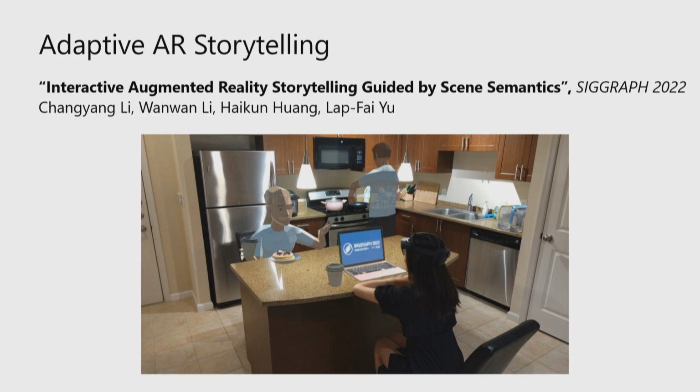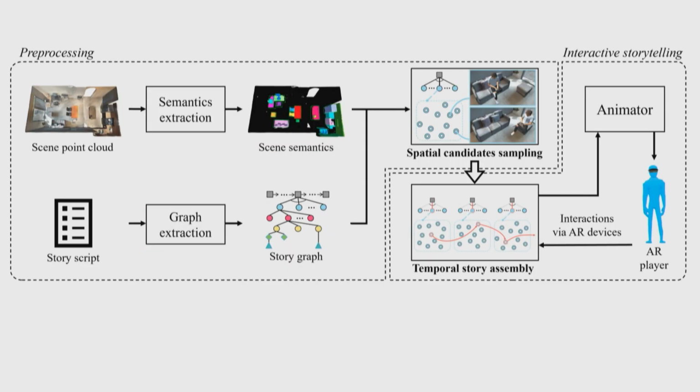So these days, we work a lot on AR storytelling. So basically, the idea is that if you have a story, by story, I mean a series of events, right? So like if there is a party here, maybe I get a cup of water, and then I grab it, I talk to someone, and then I see a show, and then I dance with someone, right? So given a series of events, which I describe as a story, we will be able to use our algorithm to adapt the story to the environment, according to the semantics of the environment.